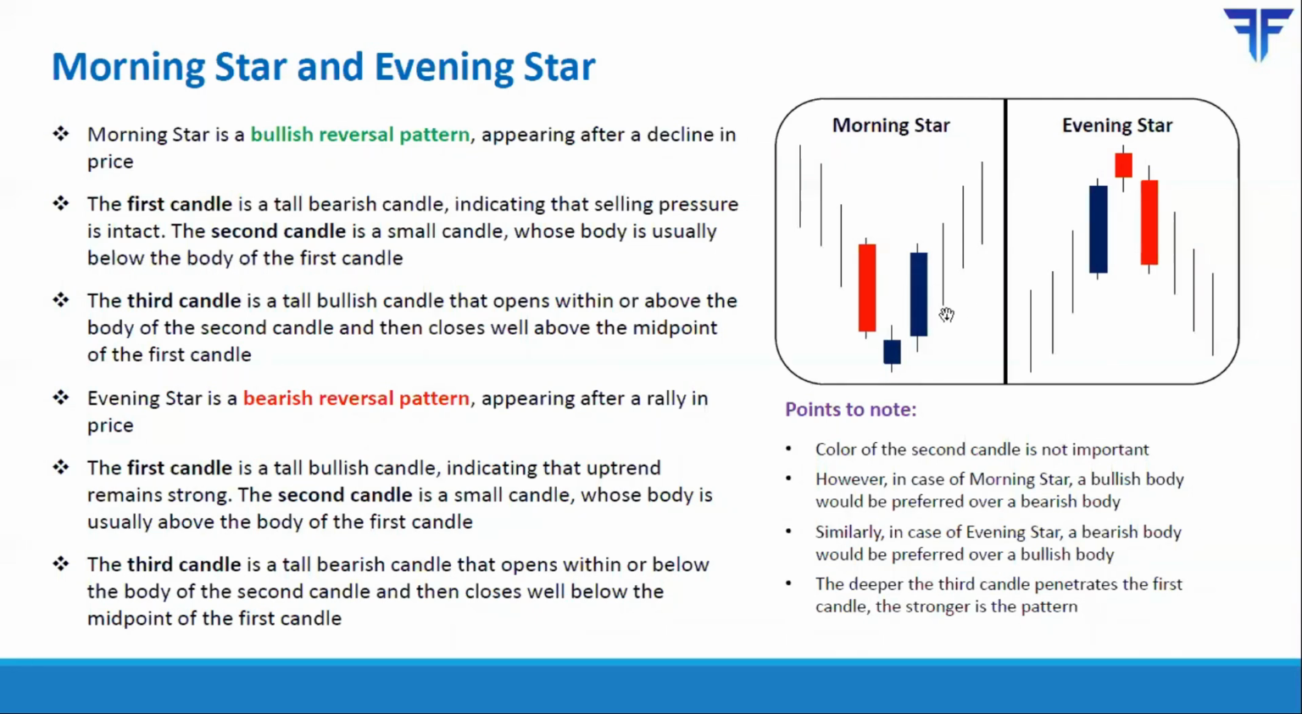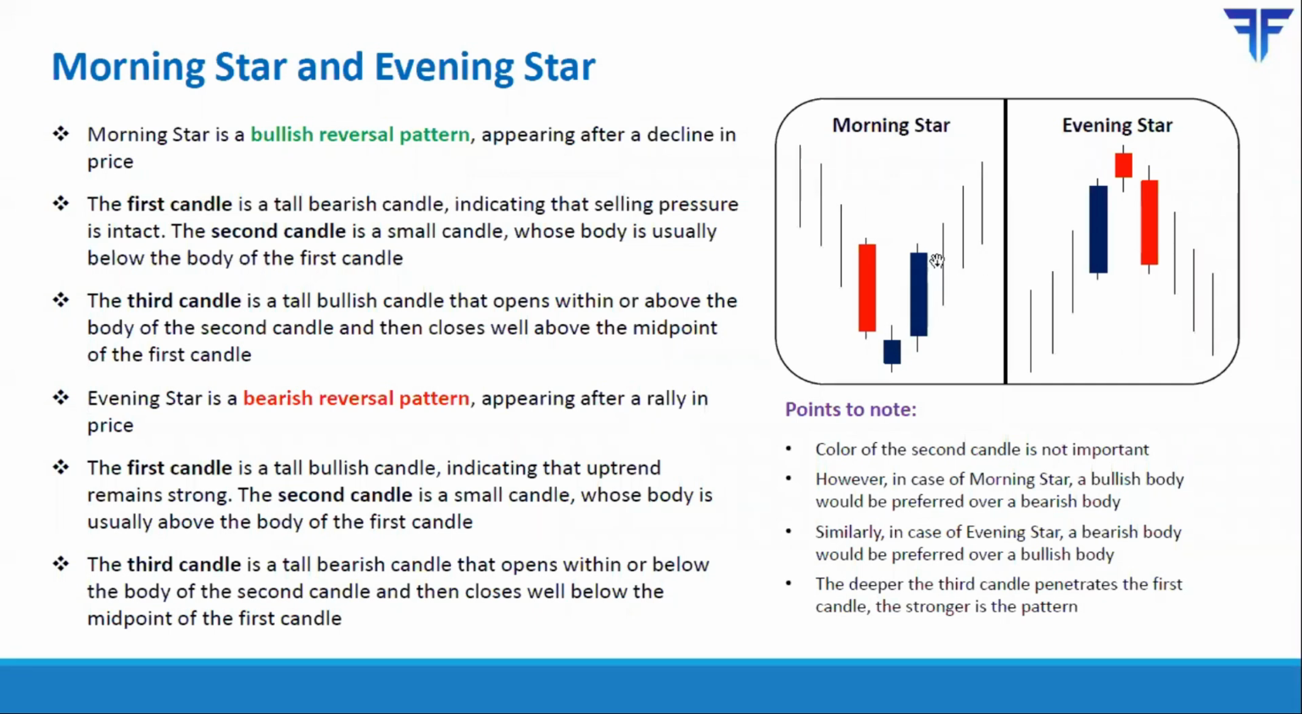Then the third candle of this pattern is a tall bullish candle, as you can see, that opens somewhere above the low of the second candle, ideally somewhere within the body of the second candle, and then closes sharply higher, preferably above the midpoint of the first candle. So by the time the third candle completes, it tells you that the balance of power has shifted from a seller driven market to a buyer driven market. So it indicates that buyers have started to outmuscle the